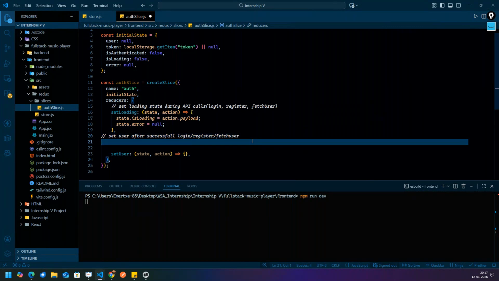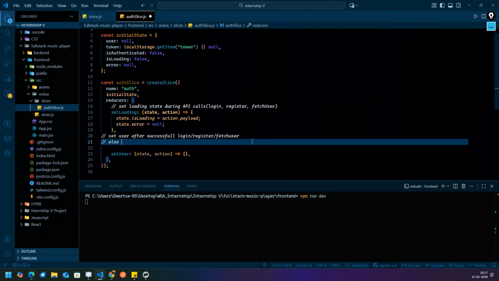Fine. And if you remember, guys, we are getting token, yes or no? In the sign up and login, we are getting token, yes or no guys? Yes, we are getting the tokens. So those tokens I will save inside my local storage.